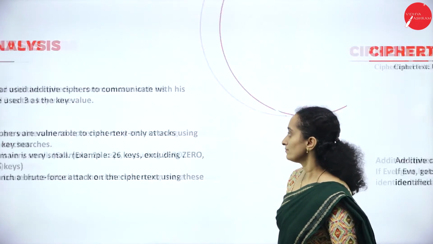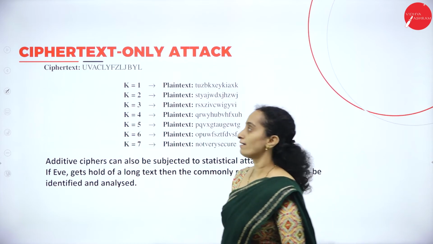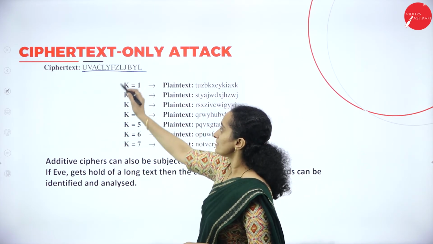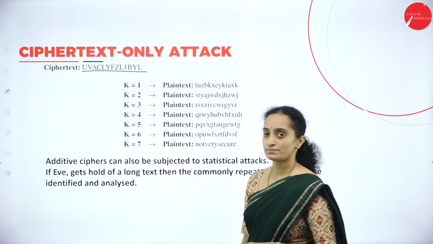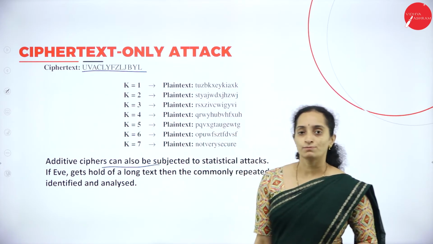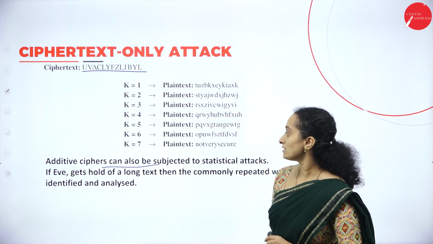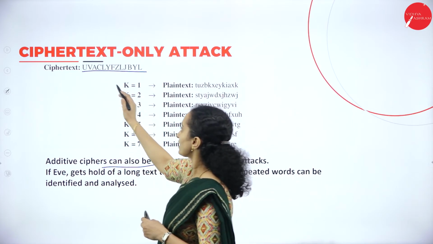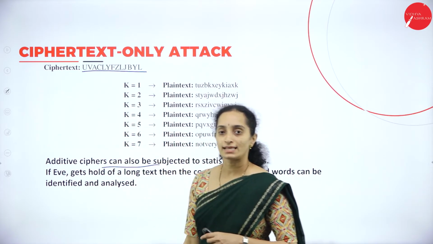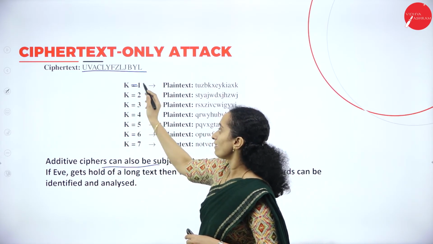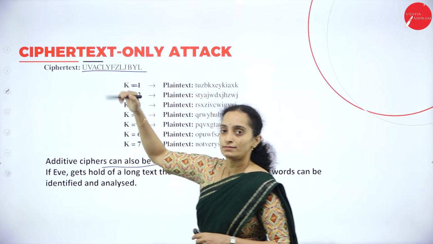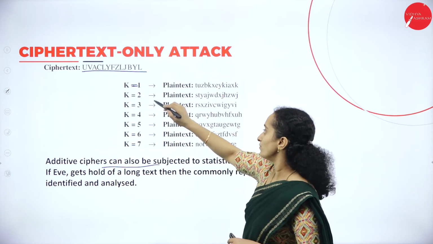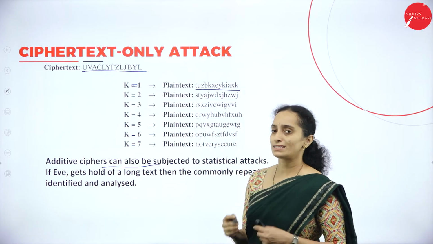For example, if we have the ciphertext UVA CLYF ZLJBYL, we assume that the key is 7. You can go on trying key values on this ciphertext. If you use key value 1, subtracting it from the integer values will give you this. But it is not meaningful.